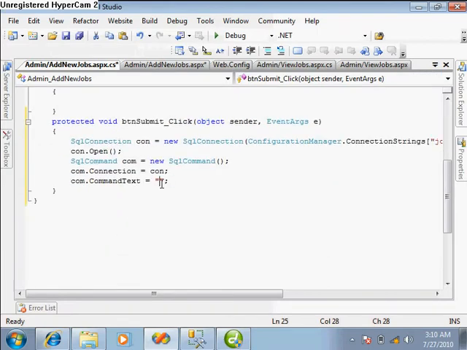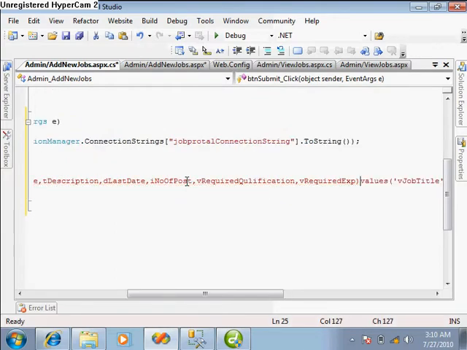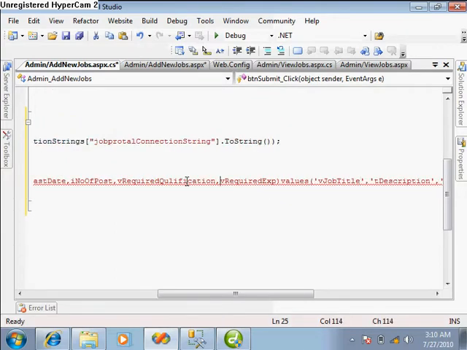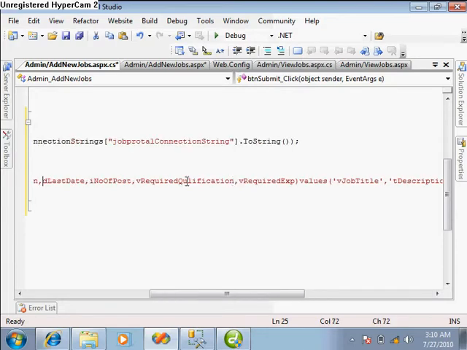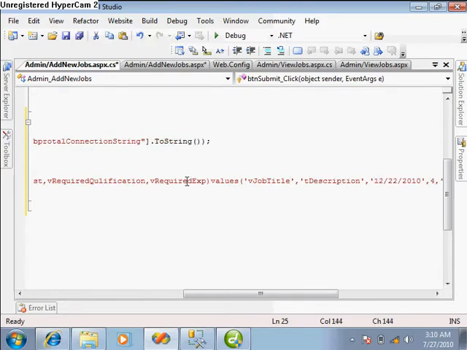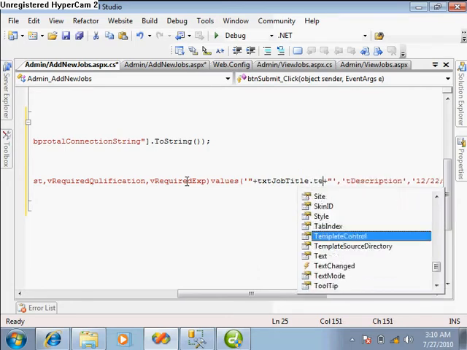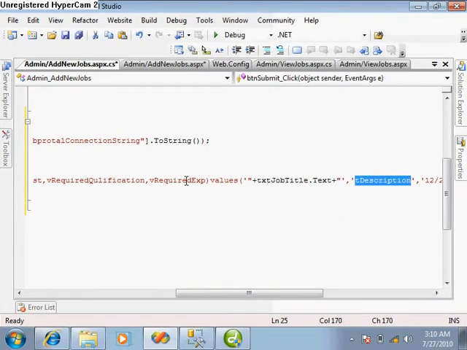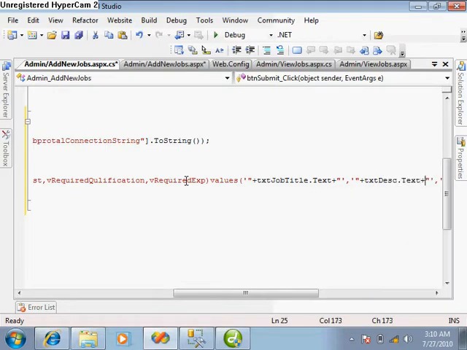Copy this query and let's come to the .NET and paste it, and let's take this into a single line. Okay, is there any problem? Yeah, we have to close this with a semicolon. Now in the places of these values we require text boxes. So double quotes plus txtJobTitle.Text, and after that the description, txtDesc.Text,